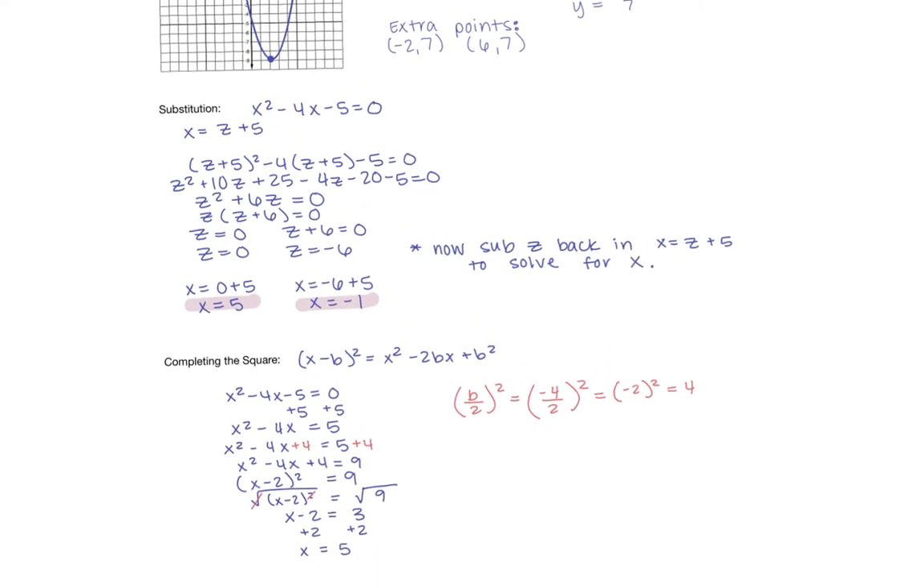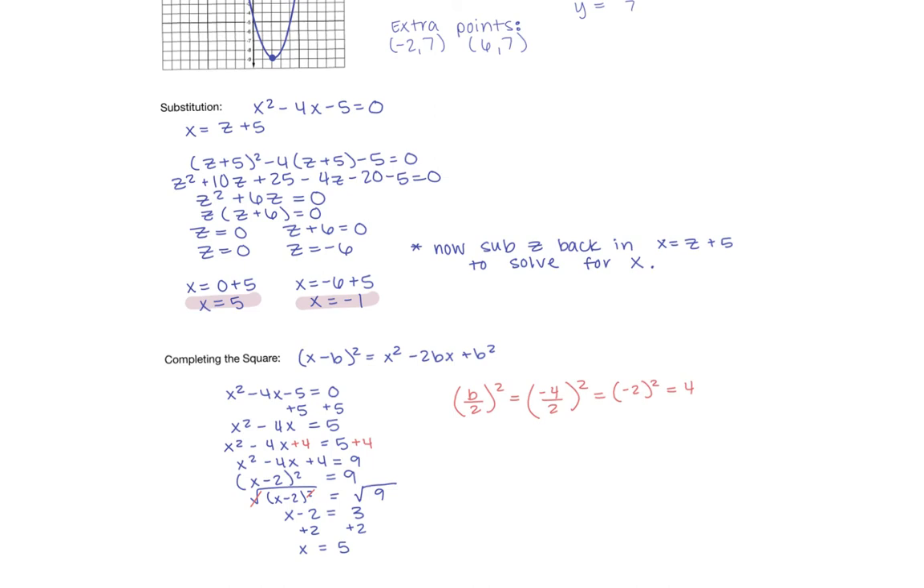All right, now for substitution. x squared minus 4x minus 5 equals 0. I substituted z plus 5 in for x. So z plus 5 squared minus 4 times the sum of z and 5 minus 5 equals 0. When you